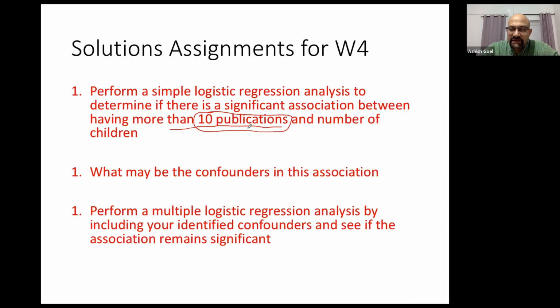If you named the second variable pubcat, or category of publications, more than 10 or less than 10, and just regressed it with the number of children,